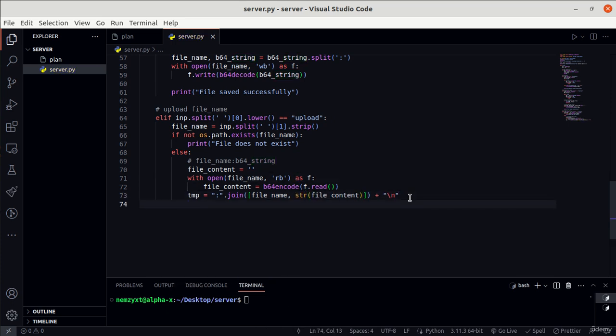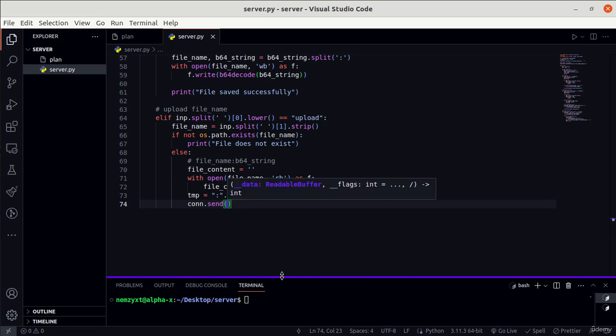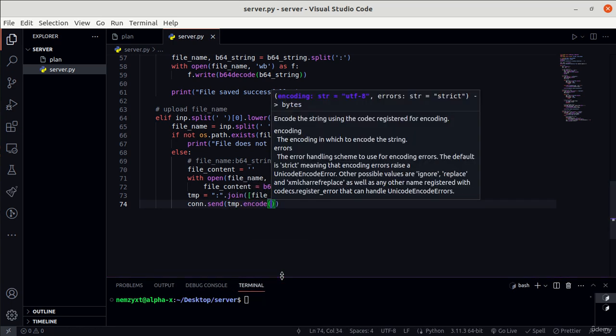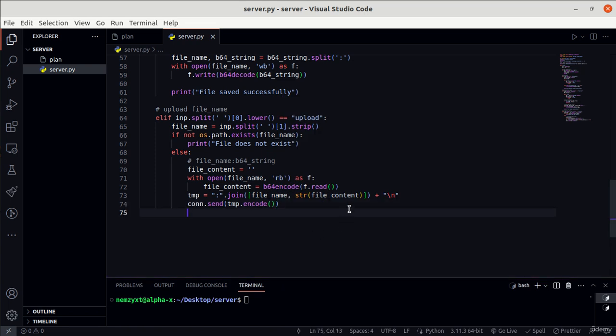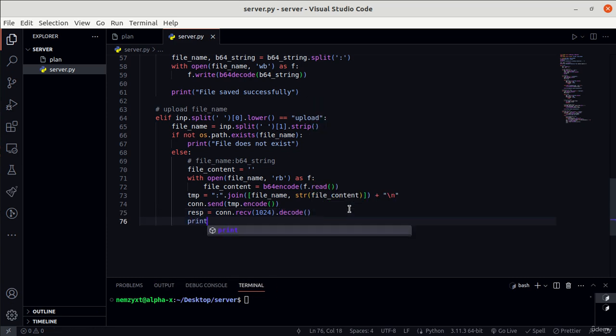And so the next thing is to send this to our malware. So we are going to do con.send tmp.encode, as we have done several times before. And once we have done that, we are going to receive a response from our malware in order to know whether or not the file has been uploaded successfully. So we are going to store that in a resp variable, and we are going to receive 1024 bytes and decode that. And once we have that, we are going to simply print it out,